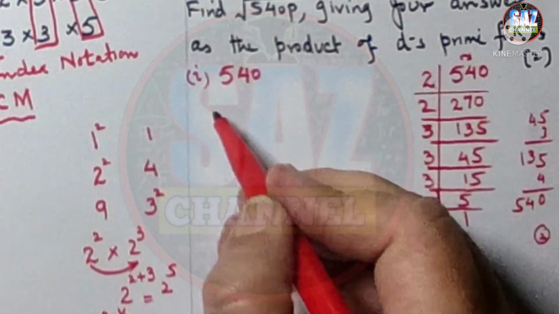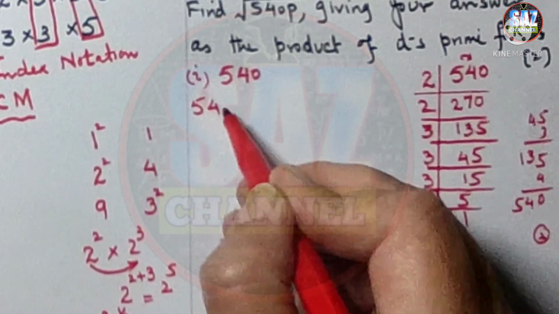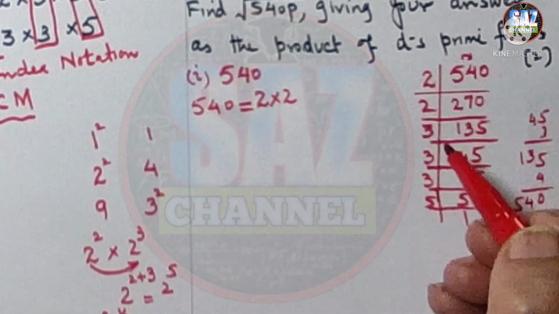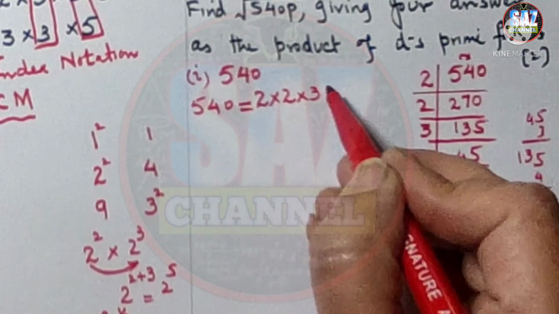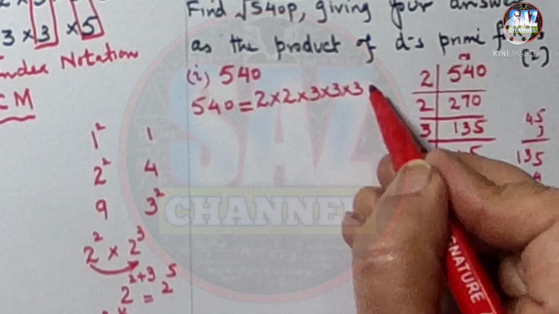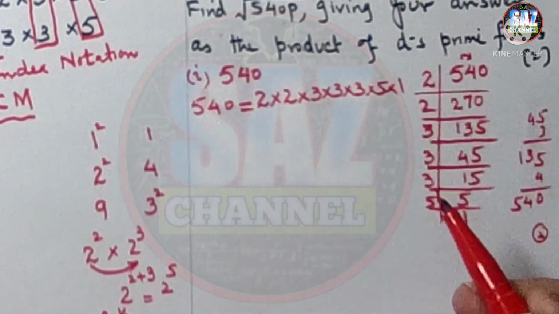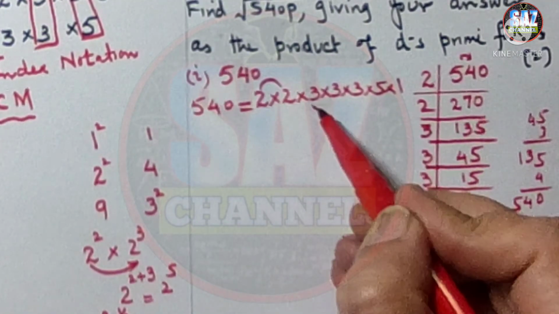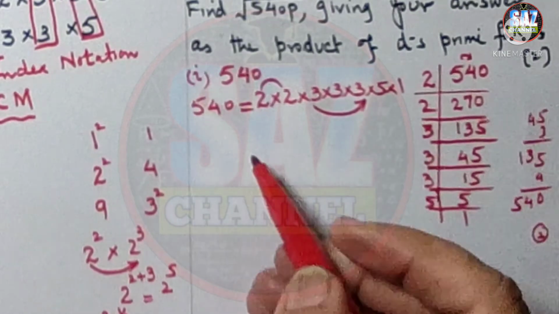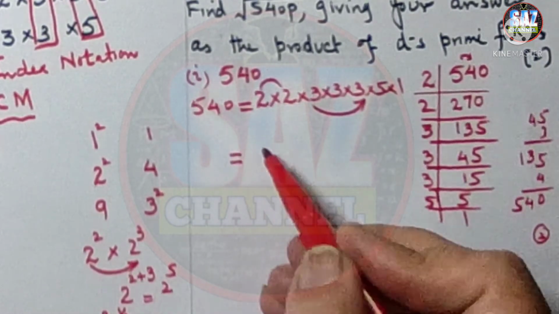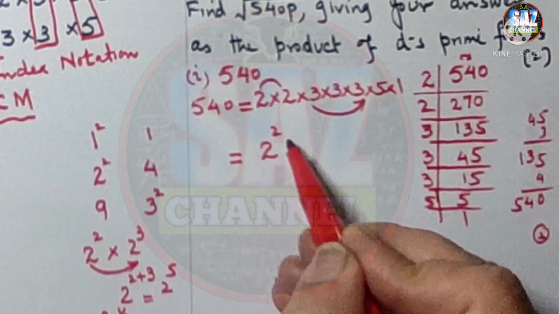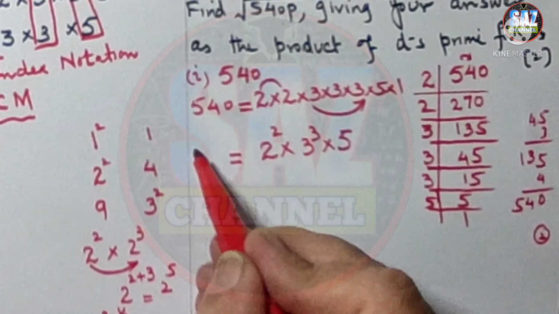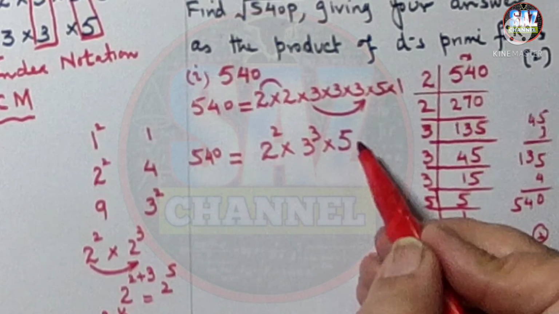Okay, now what I have to do is write 540, and in front of this I have to write the factors which are coming. 2 multiplied by 2 multiplied by 3, how many times? 3 multiplied by 3 multiplied by 3, 5, and 1. It's understood that 1 is a hard and fast factor. Now look, 2 is coming how many times? 3 is coming how many times? Write them in index notation form, in short form. This is 2 square multiplied by 3 cube and multiplied by 5. Okay, they are the factors of 540 multiplied by 1.